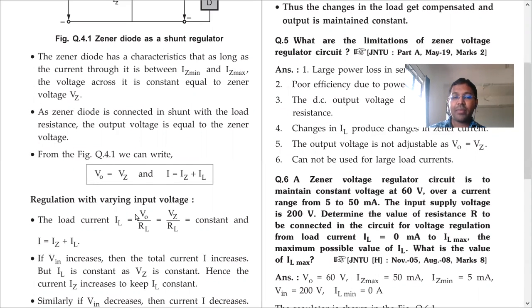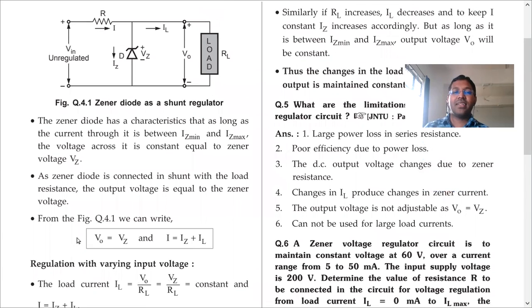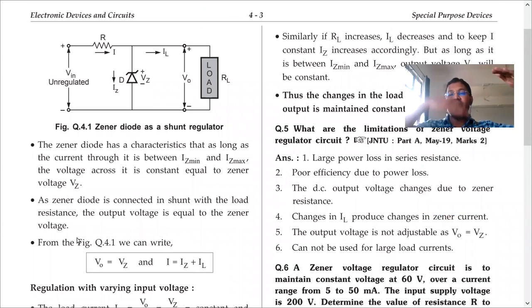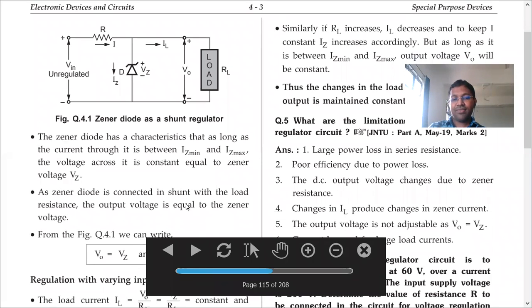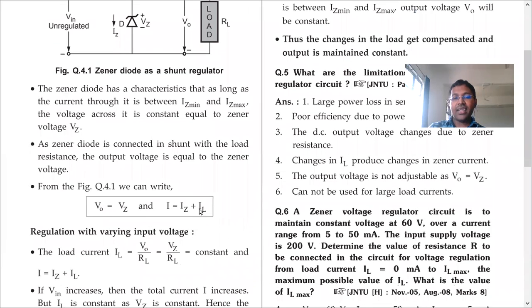So IL will remain constant. The same equation we are writing here. Now what happens if Vin increases? We have seen this again in the previous class. If Vin increases, I increases. If I increases, IL is constant because RL is constant. So Iz